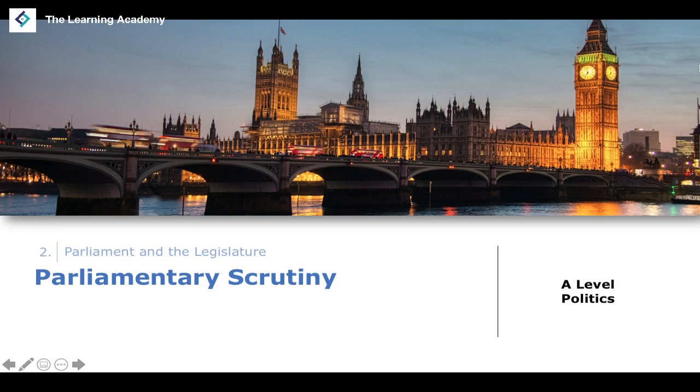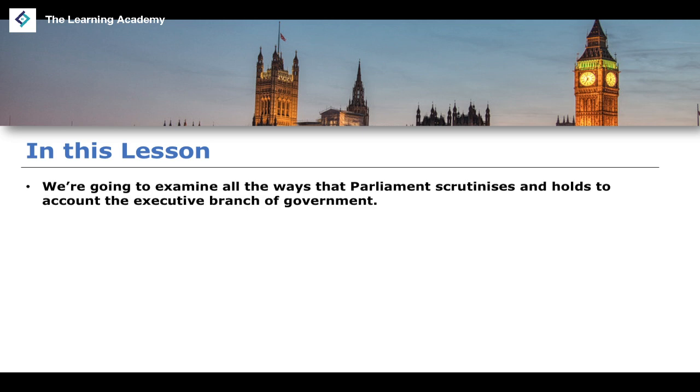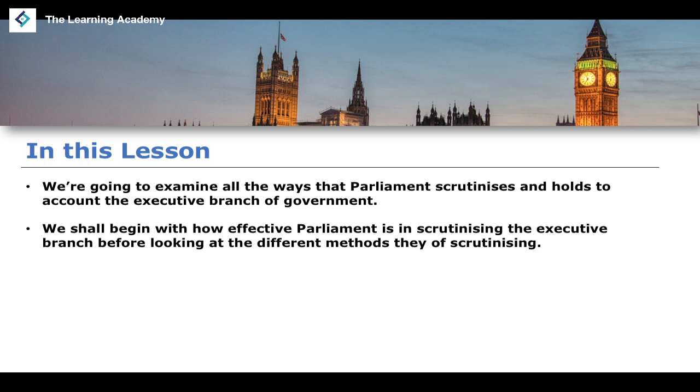In this lesson, what we're going to do is move on and talk about both the methods of and the effectiveness of Parliament in its ability to scrutinise the executive, to scrutinise the government. So, as I've just mentioned, we're going to examine all the ways in which Parliament does scrutinise the government and holds them to account, specifically the executive branch, which is what we mean by the government,